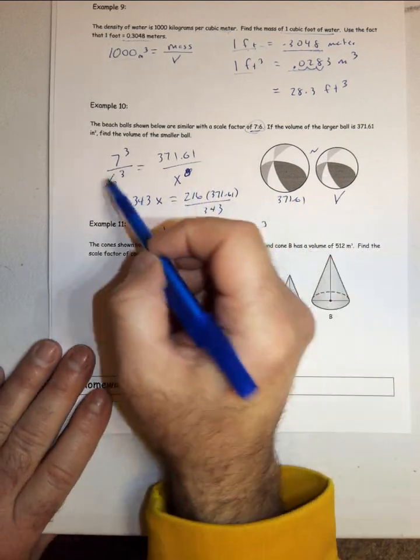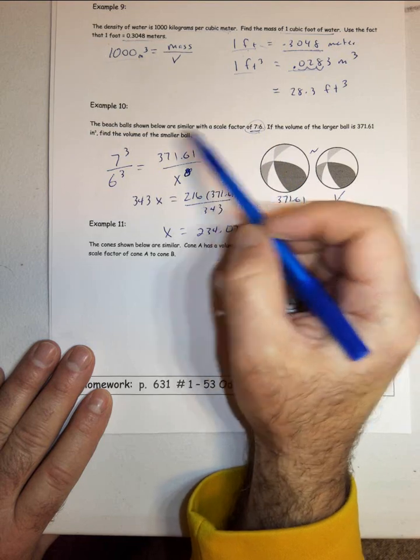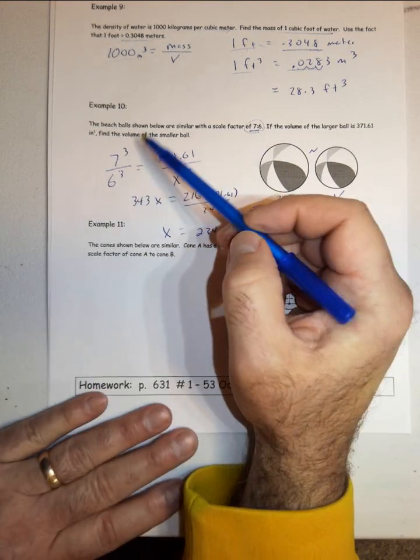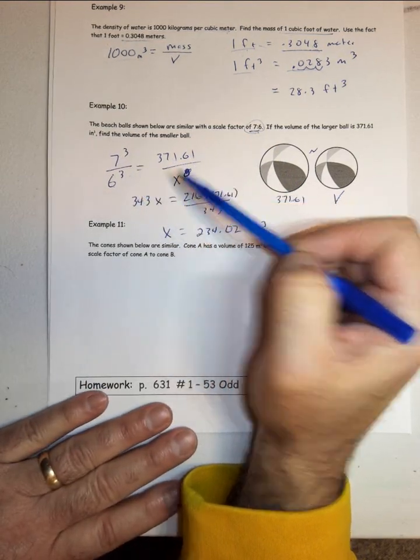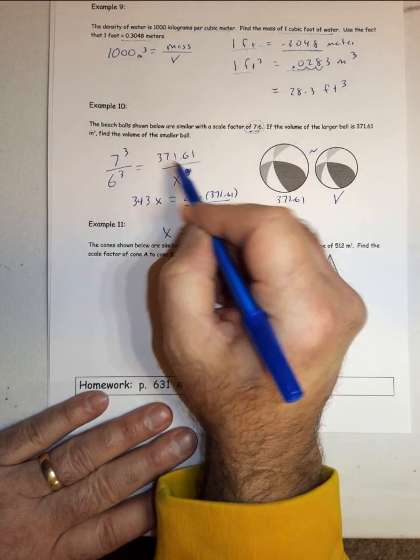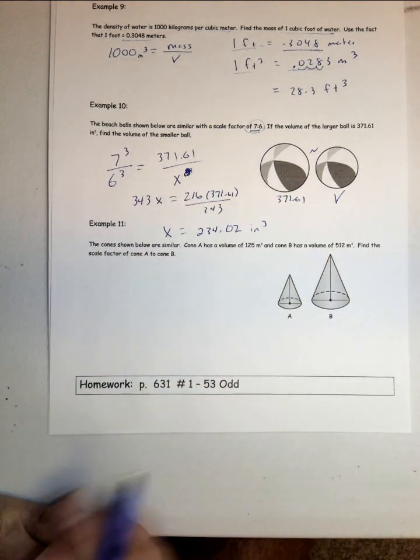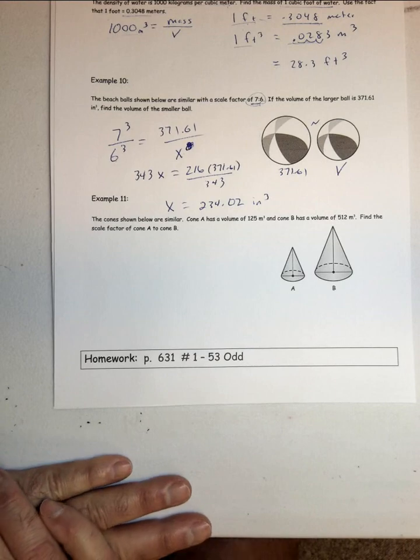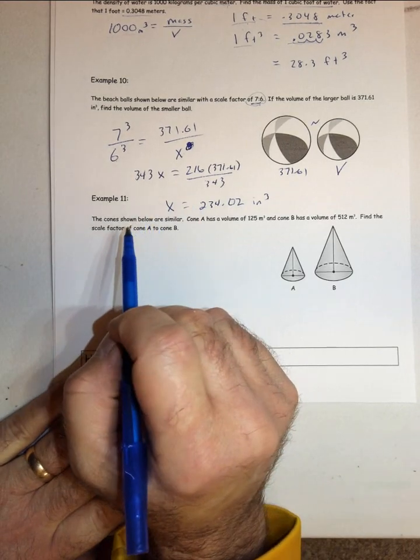All right. So again, take this scale factor and cube it to get the ratio between the 2 volumes. And then we get our proportion, and we just cross multiply. So the same in the last question here we have